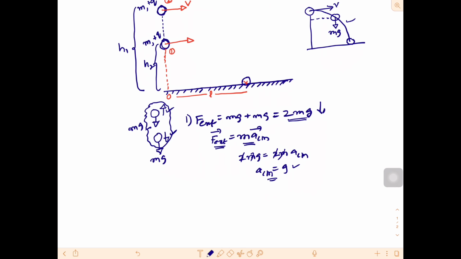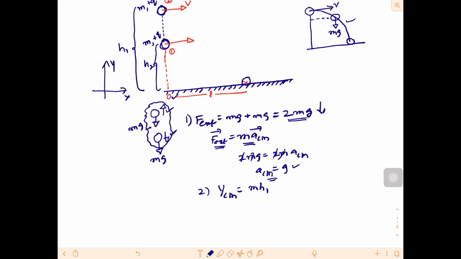There comes the position of the center of mass. Of course, we need to take one origin to find out the position of center of mass. If I take this O as the origin, this being x and that being y, along the y direction I can write y_CM equals